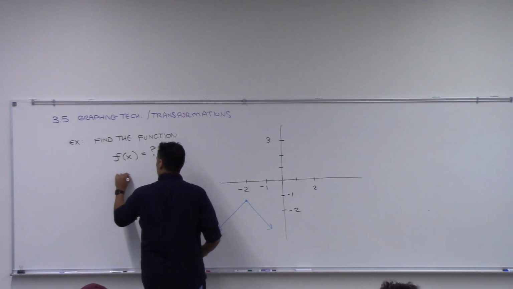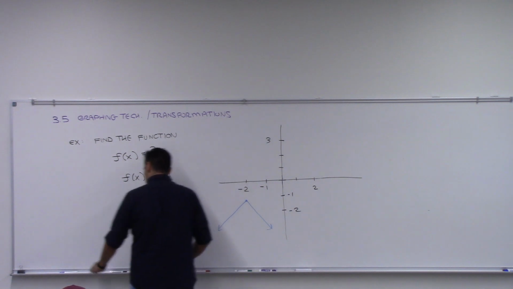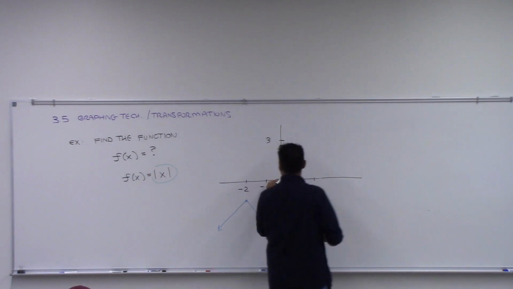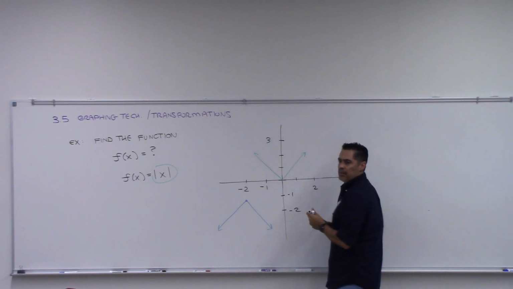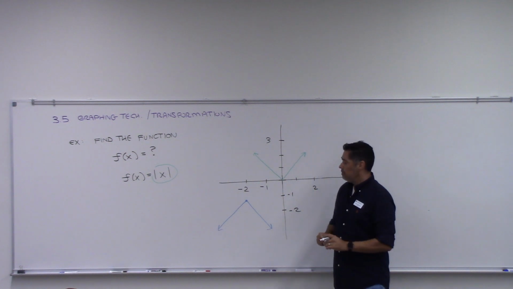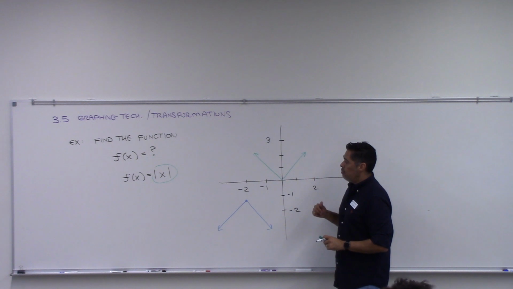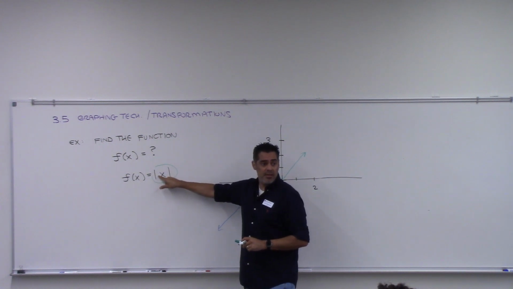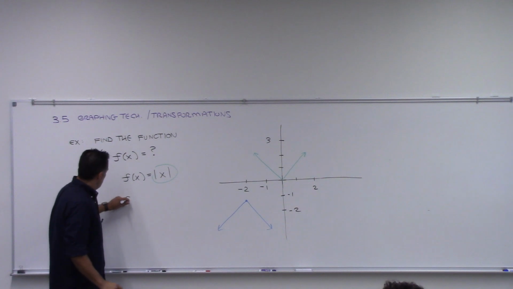Let me write that down first. If we just did the absolute value of x, it would look like this V right here. That's what the absolute value of x will look like. Okay, continue. It's a reflection about the x-axis. It's a reflection, right? So that means you need to do what? You need to put a negative outside of the absolute value, in front, not inside. So taking care of the reflection. Everyone got that? If we do this,